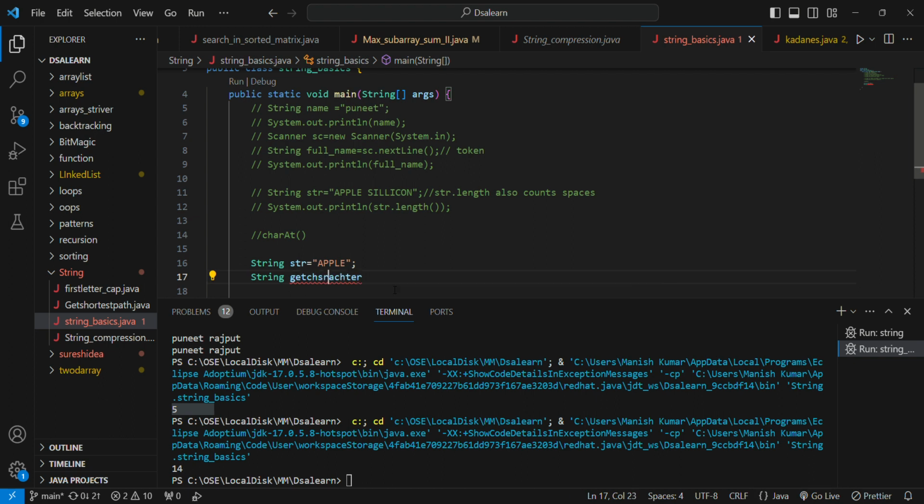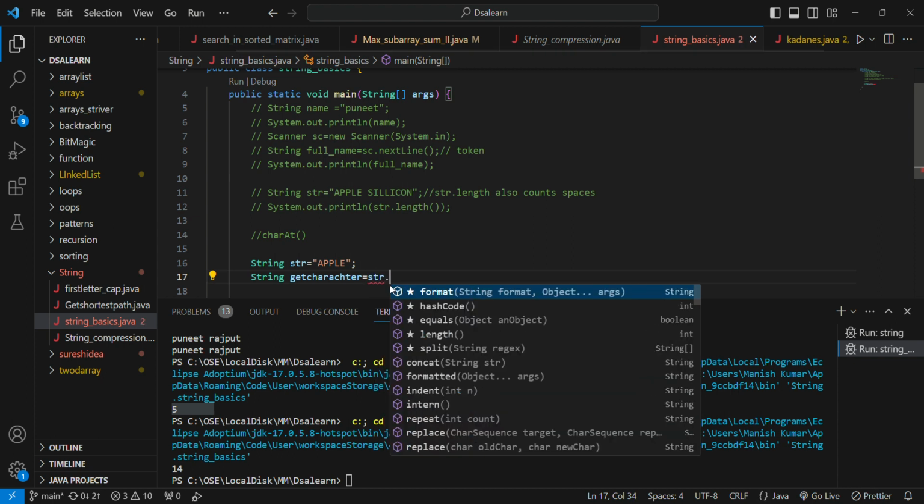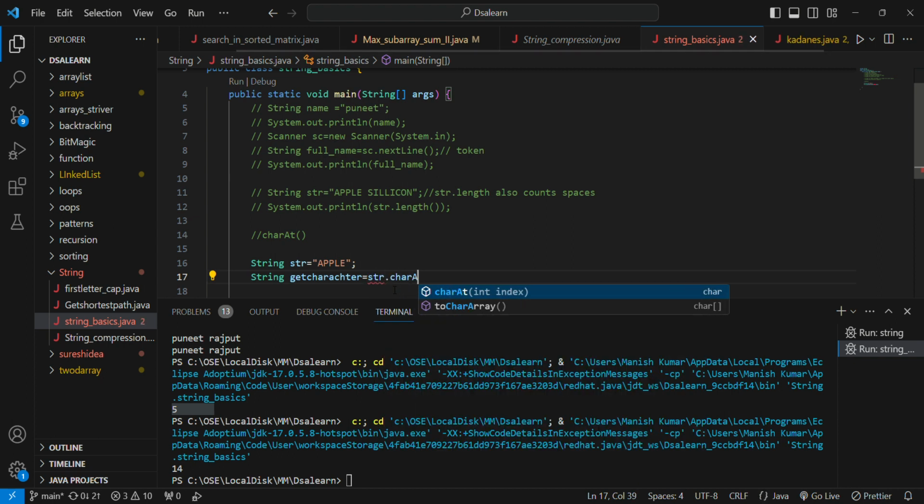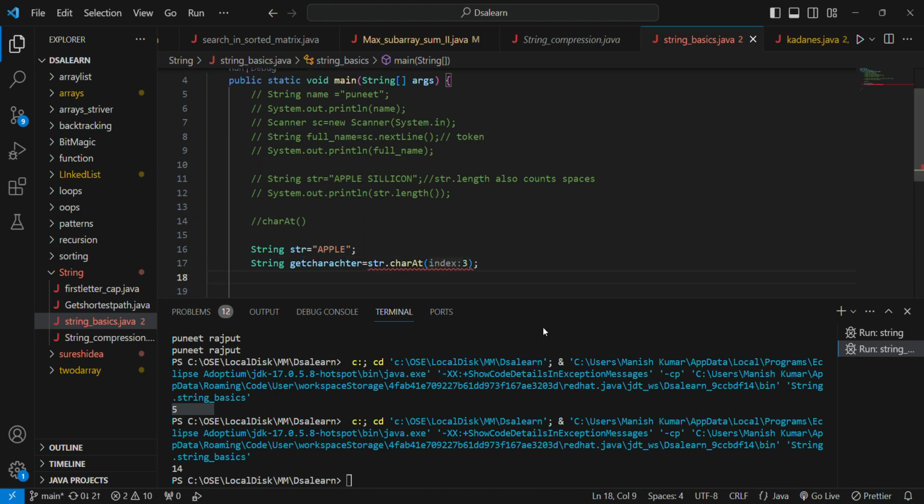Sorry for my typing mistakes. In this I'll be storing str dot charAt at the index of, as I can see, Apple has A at 0, 1, 2, 3, 4. That means L is at 3. And if I give index 3 here and print this getCharacter,